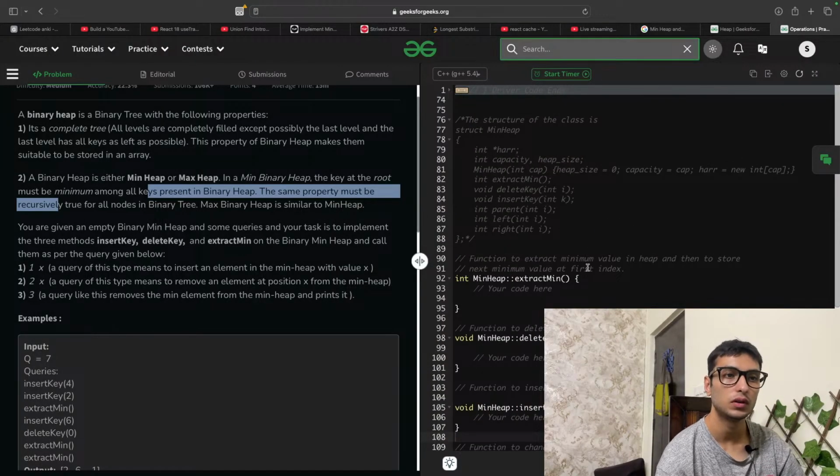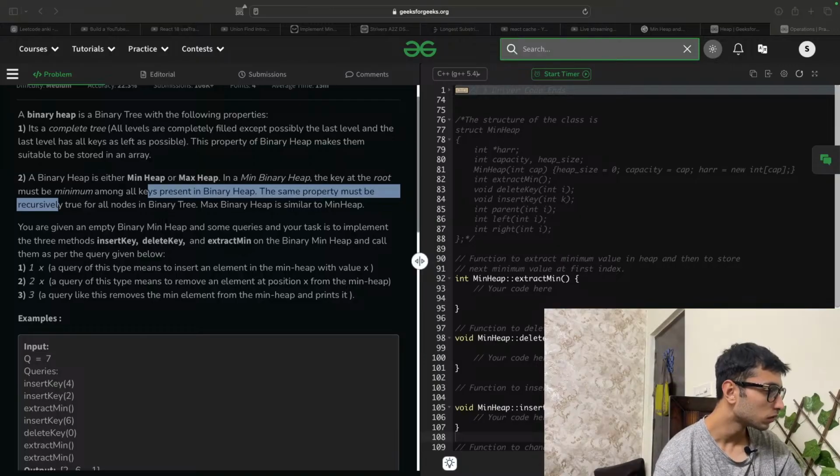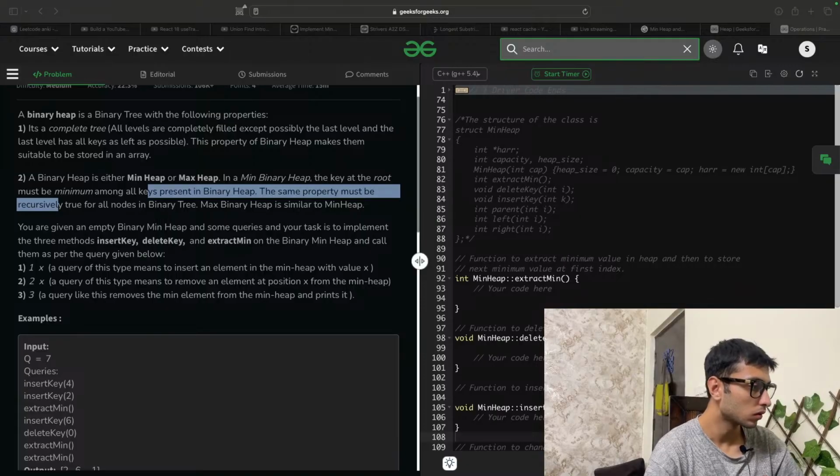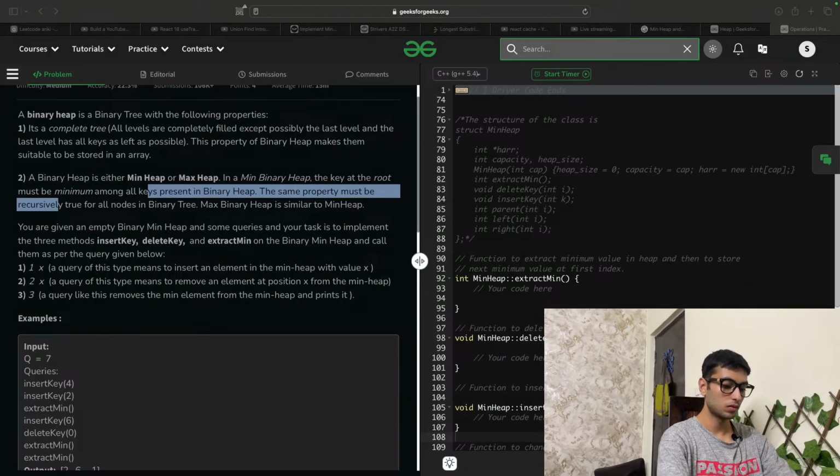So, wait. Structure the classes, struct MinHeap.